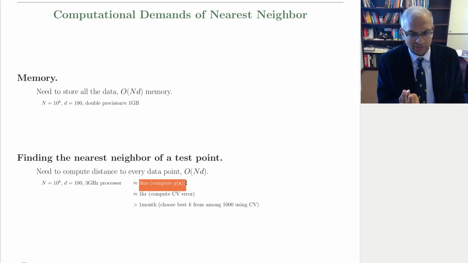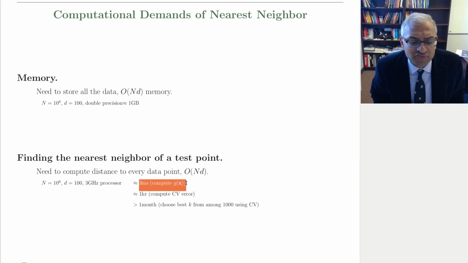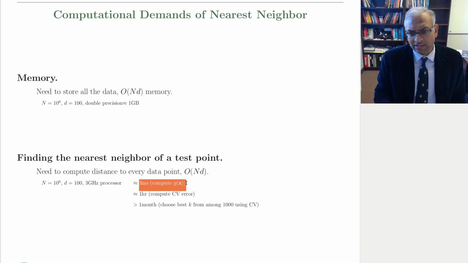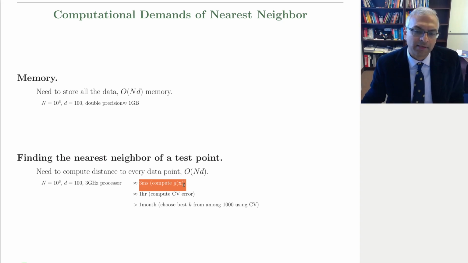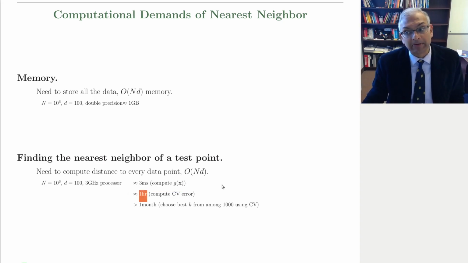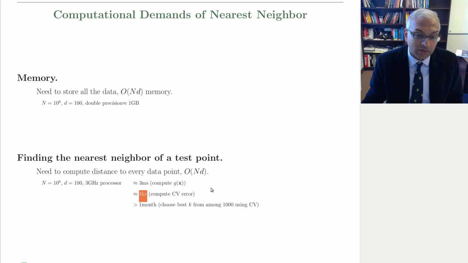Okay, but now imagine that you're training and you have a value of k, let's say 10, and you want to compute the cross-validation error. So you have to basically compute the function n times on your n left out points. Okay, and so that's going to take about an hour. Okay, still doable. But now what if you have to compute the cross-validation error for a whole bunch of values of k, let's say 1,000, in order to pick the best value of k. So now you're talking about a month of computation, okay? And that's just to pick the value of k for this simple problem. Imagine if we were in 1 million dimensions, that's going to be 10,000 months. We cannot